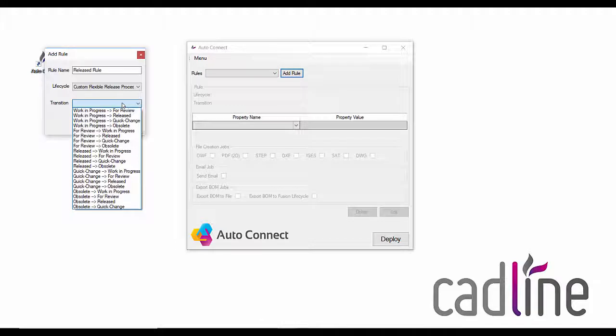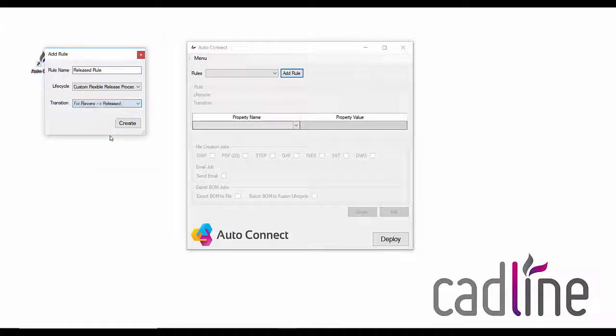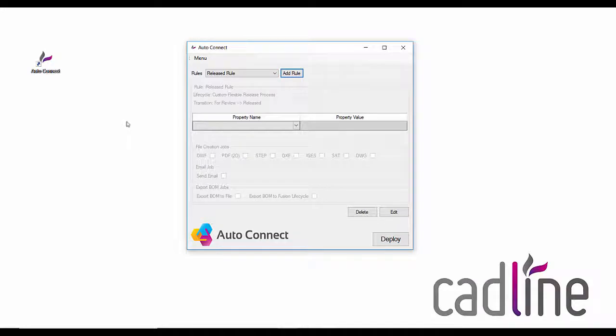I can then specify the transition that I want these actions to happen on. So for this example, we're going to go from the for review state to the release state, and I can create my rule. I can then specify what I actually want to happen when this transition occurs. So first of all, what I want to happen is I want some properties to automatically be filled in inside